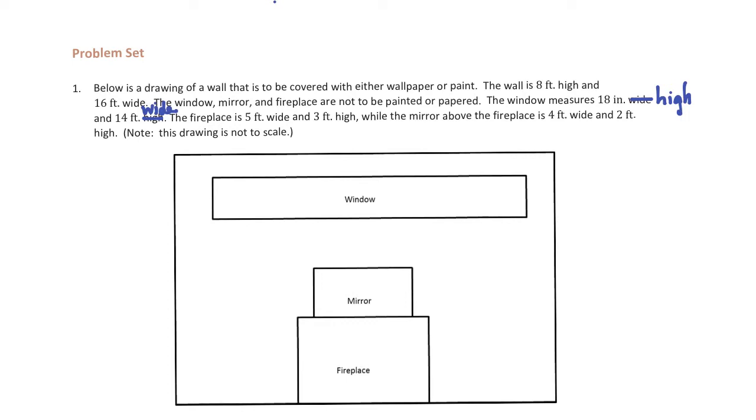Hi, so problem 1 says below is a drawing of a wall that is to be covered with either wallpaper or paint. The wall is 8 feet high and 16 feet wide. So the first thing I'm going to do is label that. So the wall is 8 feet high